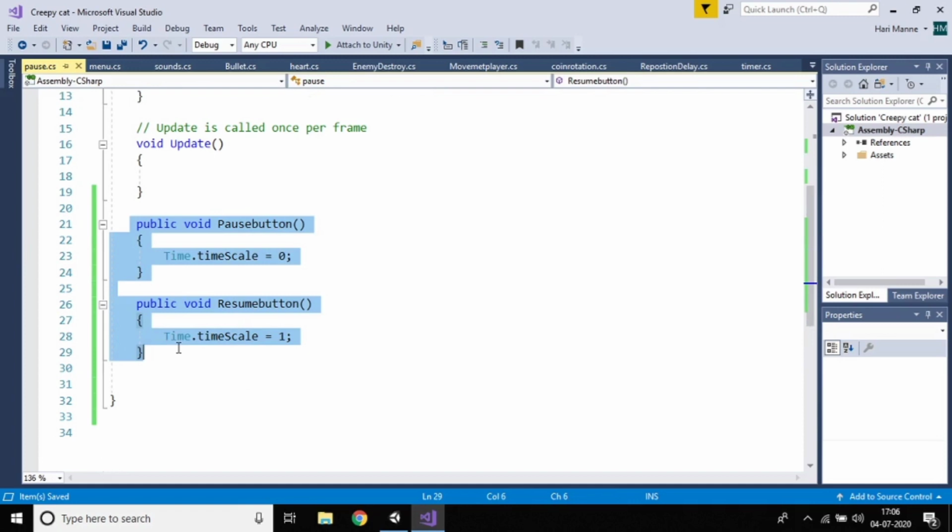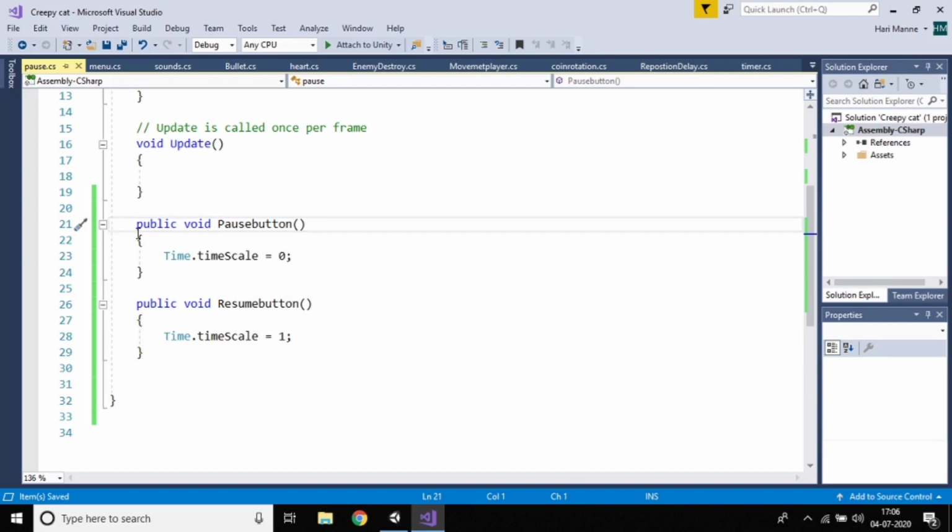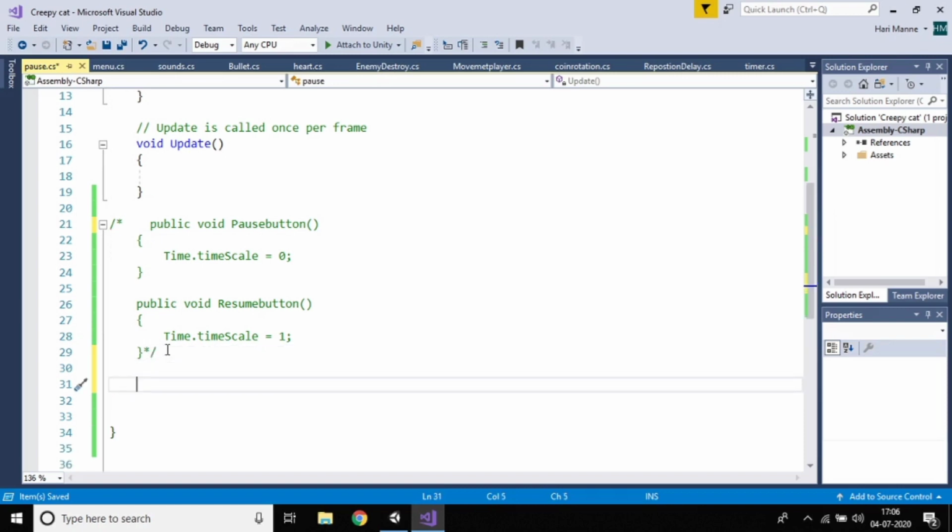I want to write only one thing, so I'm making changes and I want to pass a parameter. Just create a new thing, that is public void pause and resume buttons.